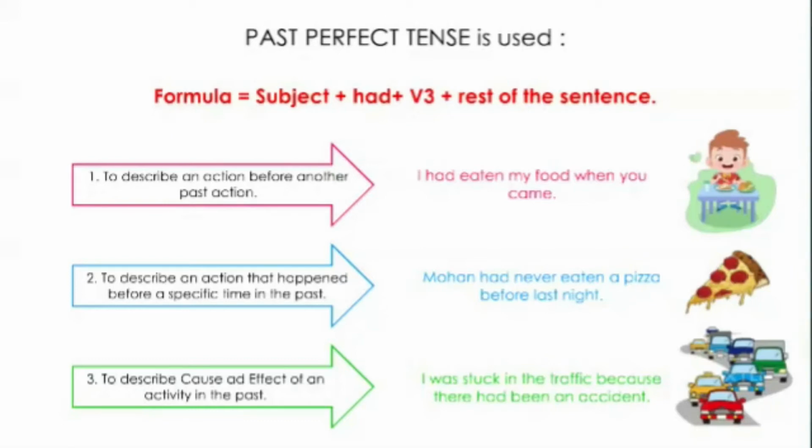She has eaten before you came. So this is still present, the effect is still there. So we use present perfect tense. She has eaten. Her eating has become past, so we say this in present perfect tense. I came to eat with you, but you have already eaten. This is present perfect tense.